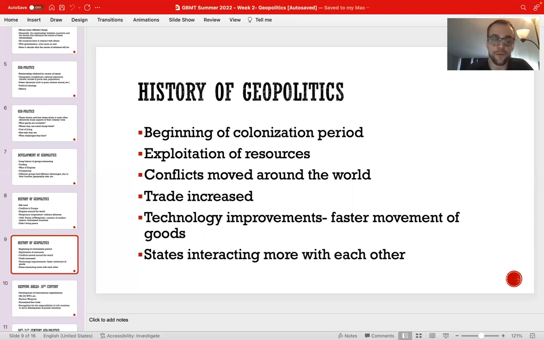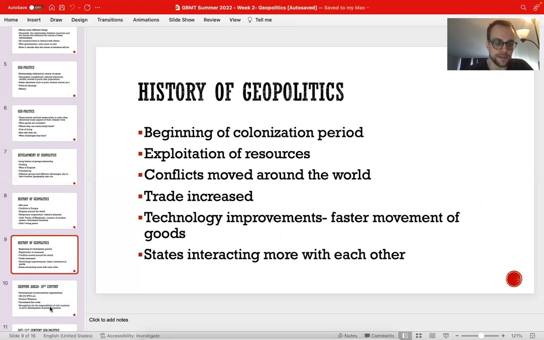And what we had during this time was also an increase in trade, but it was not really trade as much as it was the direct exploitation of labor and materials from the colonized lands that were outside of Europe at the time. And these goods were traded much more equitably within Europe itself, rather than the forms of exploitation that came with European colonization of the formerly colonized states. But you did have a period where more states were interacting with one another, which is also a massive